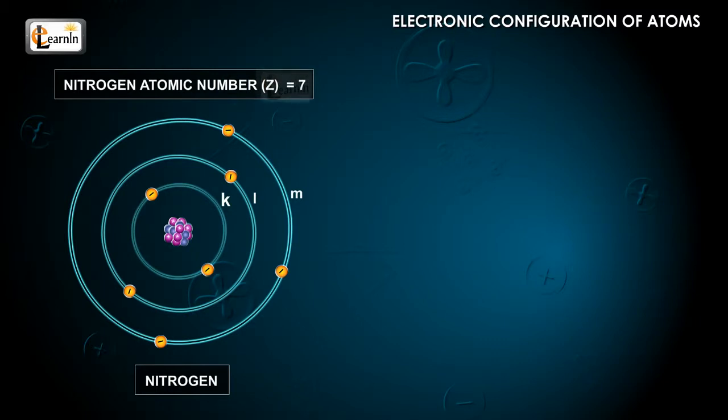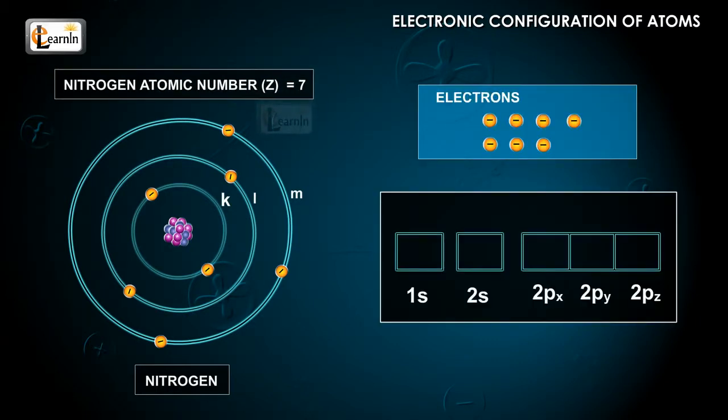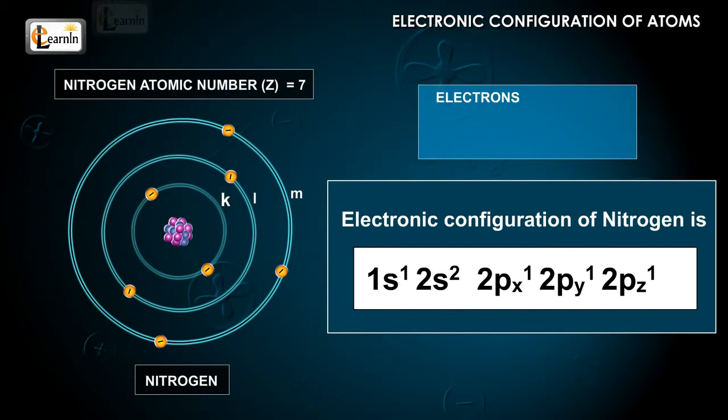Let's consider the nitrogen atom. It has 7 electrons. The first 6 electrons have the same arrangement as that of carbon, which is 1s2, 2s2, 2px1, 2py1. The 7th electron will enter only in 2pz, but cannot enter into 2px or 2py. This configuration is 1s2, 2s2,